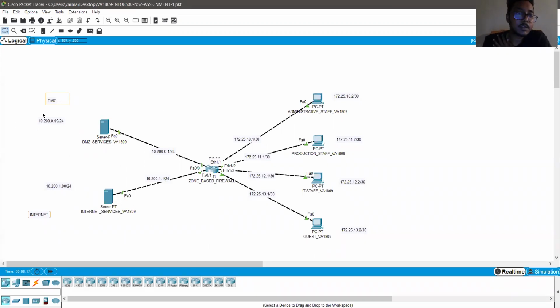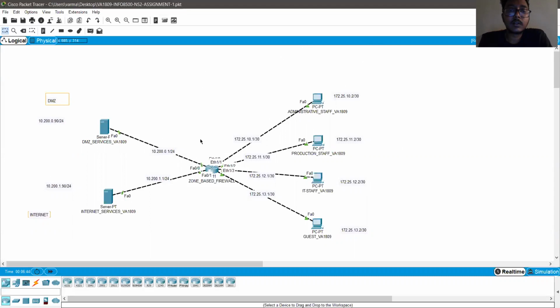These are the IP addresses that I assigned for each and every device in this network. And this is the router, where we implement and configure the permissions using best practices like zone-based firewalls, which is a stateful inspection firewall, an advanced method.